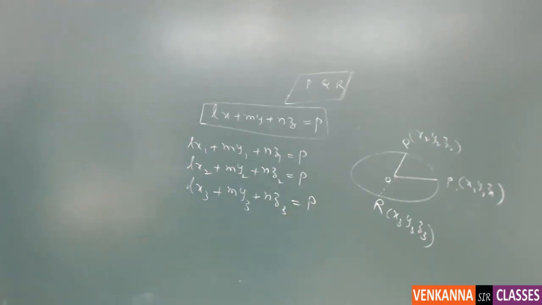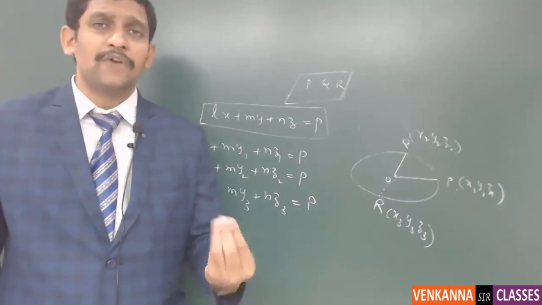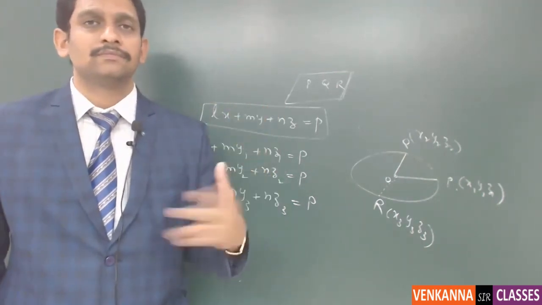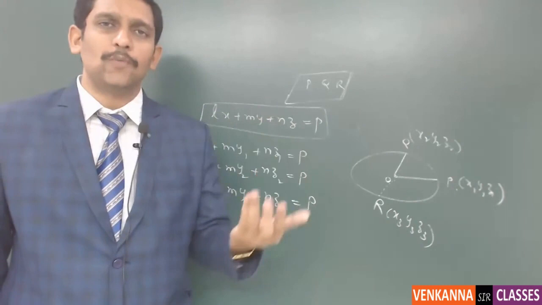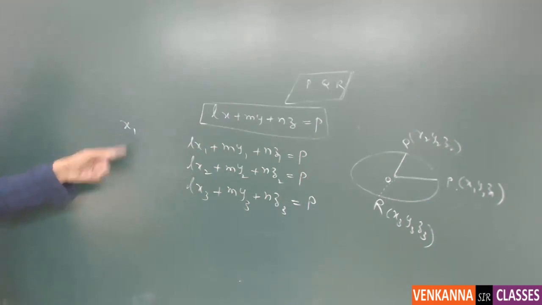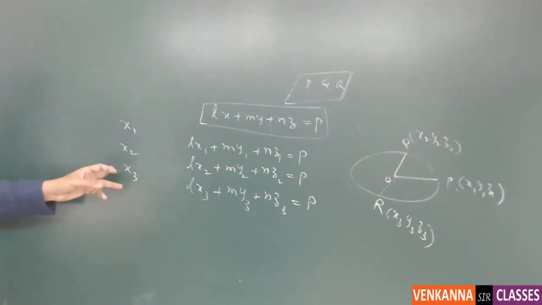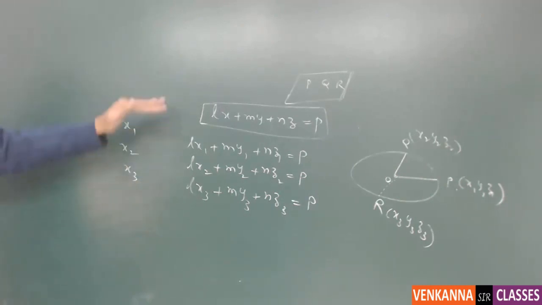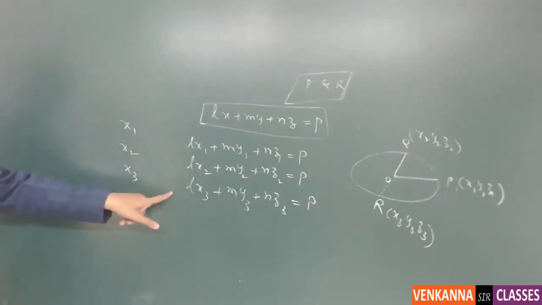So one interesting thing is, I want to eliminate M and N here. For this, earlier I have written some of the properties of these diameter planes. So keeping those in mind, I want to multiply the first equation with x1, the second equation with x2, and the third equation with x3. Then I am going to add them up. So what happens if you multiply the first equation with x1, second with x2, third with x3, and you add, you will get the respective value as